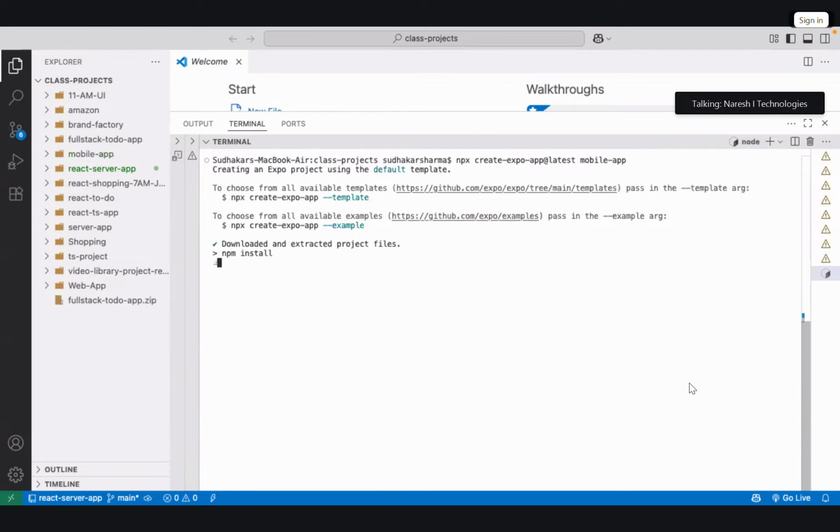It is asking and installing the Expo app. So it is installing. Expo is the library name for mobile React Native.